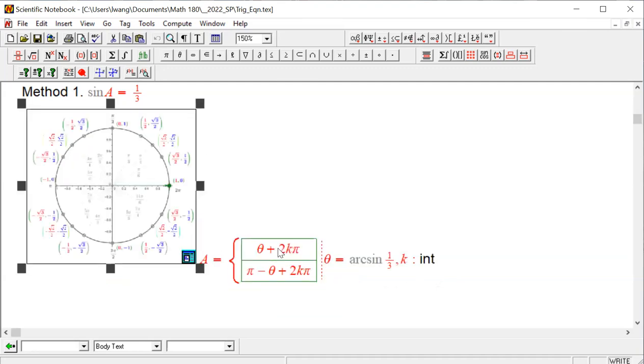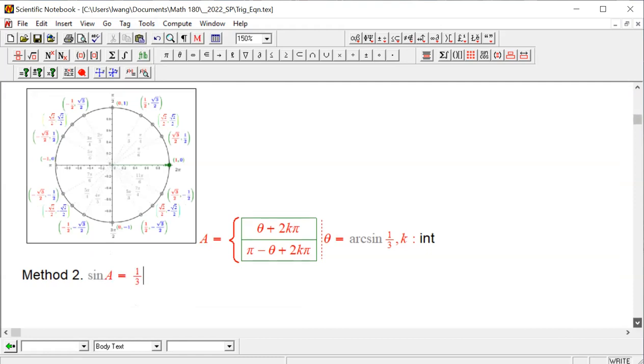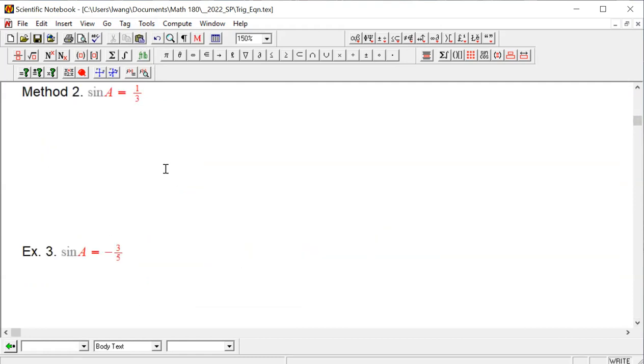Okay. The second method, don't underestimate the importance of the second method. All of these methods, from time to time, you may find them useful. I can totally see you guys, when you're doing calculus 2 and you have a non-special case, you have to use method 2 or method 3, right? But anyway, let's look at method